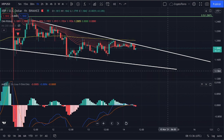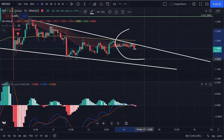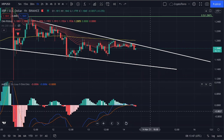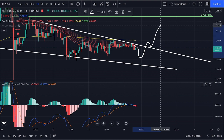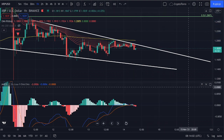So currently, I am not confident that we are going to see a breakout occur above this descending resistance, but perhaps there might be enough bulls to reverse this trend during the upcoming hours. But it could perhaps also be the case that we are going to see a further decline and afterwards a breakout occur on Monday, for example. So the MACD does actually look good to me, but what I would like to take a look at is